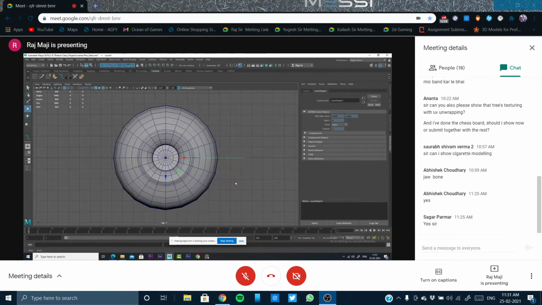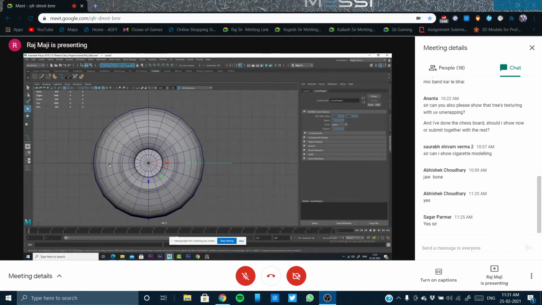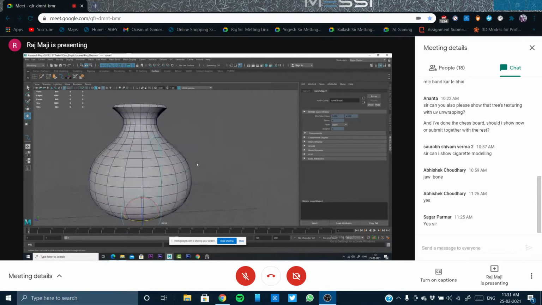So going to the top view, and instead of keeping it over here, I am rotating a little bit up to this much. Okay, because I am not going to select everything, but only one segment of it in that area.